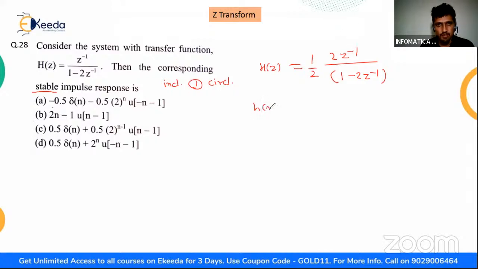So we will say that h[n] will be, and since they've already mentioned the pole at z equals 2, and the ROC must include the unit circle, the ROC will be mod z less than 2. So we have to write the left-sided sequence for this standard signal. Right-sided sequence we already know. If it would have been a right-sided sequence, in that case we have